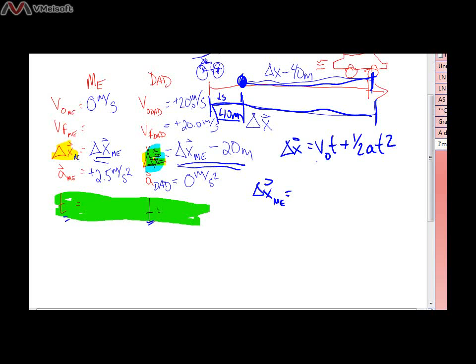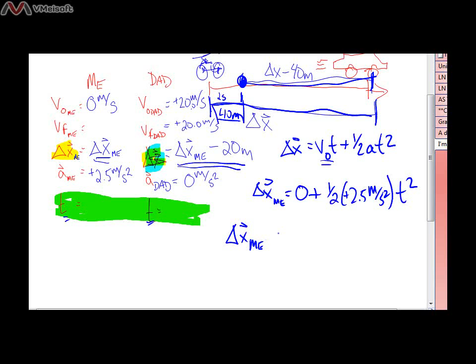Okay, so what I did was I did this for me, and I said delta x for me equals v0, which is 0, so I just made that 0. I love zeros. And then plus 1/2 a times t squared. Okay, so that's one part of my equations, but I need two equations because I got two unknowns. So for my dad,